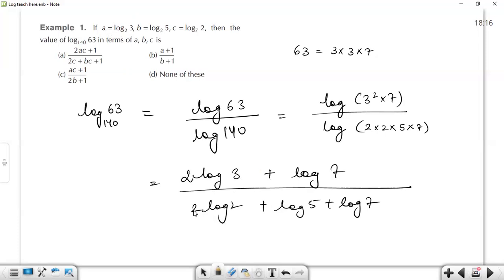If we divide logarithm of 2 in the numerator and denominator, we will have logarithm of 3 to the base 2, which is A. So we can do that, right? So dividing logarithm of 2 in numerator and denominator, we are going to divide logarithm of 3 by logarithm of 2. So it can be rewritten as